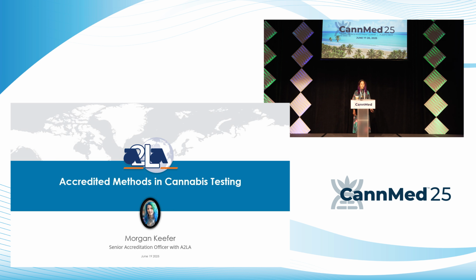Although the methods are on the scope, that doesn't guarantee that the method from one laboratory and another laboratory are going to be equivalent. Other industries rely on standard methods with rigorous validation to solve this issue, because if you're in the food industry, every scoped test is going to be the ASTM test or the AOAC test, so you know exactly what method the laboratory is using. The validation requirements additionally vary significantly between the states. And the industry is behind just on flower tests.